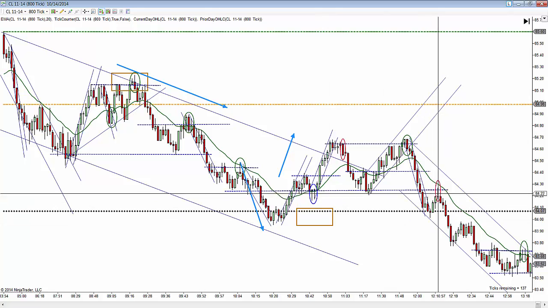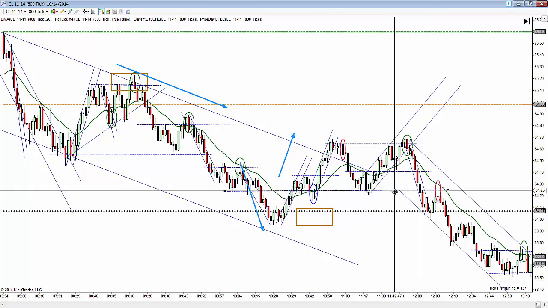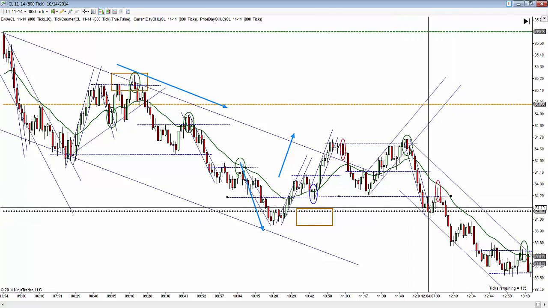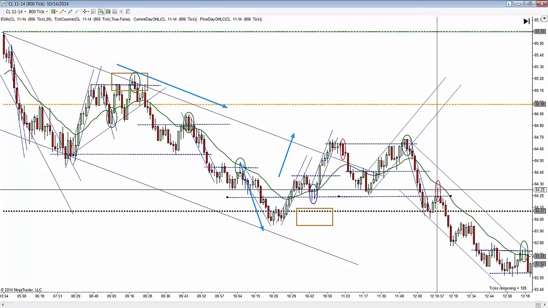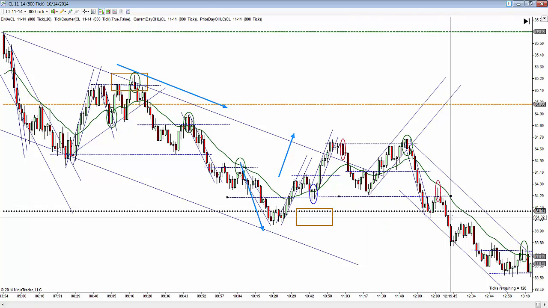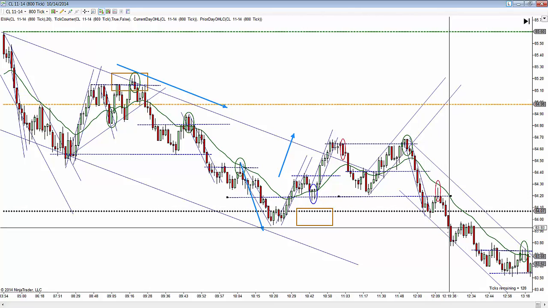Pulls back, and I like this as a trap right here, above here. Price comes up here. First it tries to go up the first time, fails. It goes up the second time, this immediate failure. There's room to get to where the bottoms are. And you can see it just collapses here.